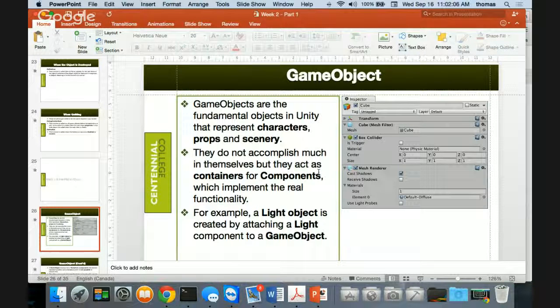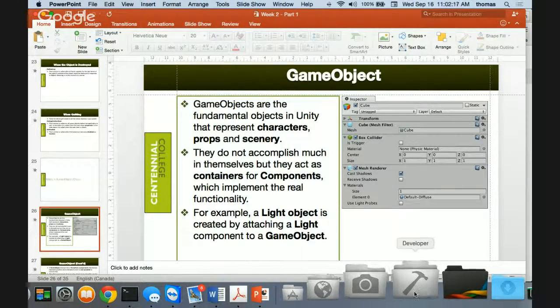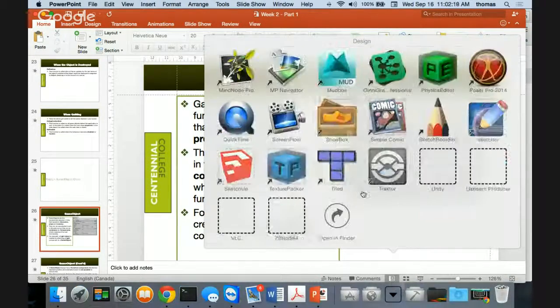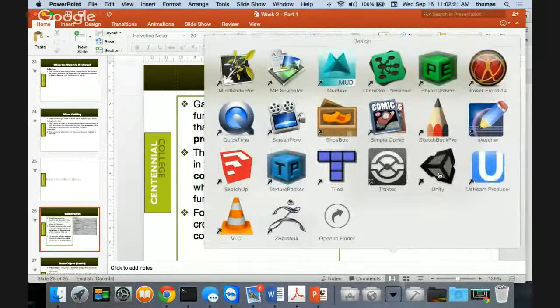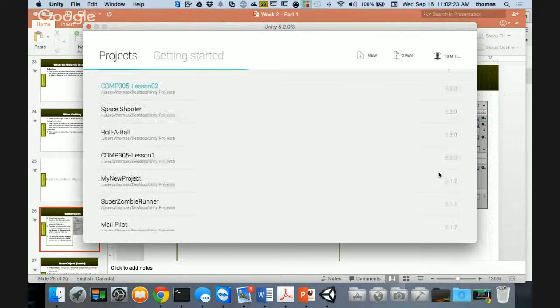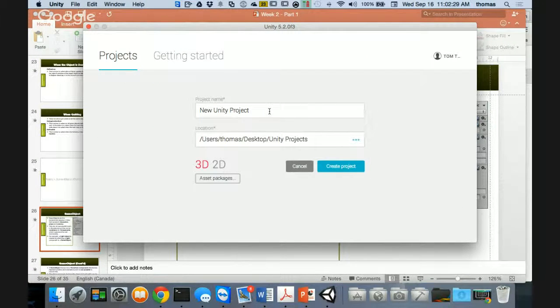So let's try this out. Let's fire up Unity. This is a great time to do this with me, right? And let's take a look at this and inspect it a little more carefully. I can talk to death, and you guys will be bored out of your skull unless I get you going, right? So I'm going to start off a new Unity project here. And again, I did it yesterday. I've got this COMP305 lesson 2, but I'm going to make a new one that I'm going to call